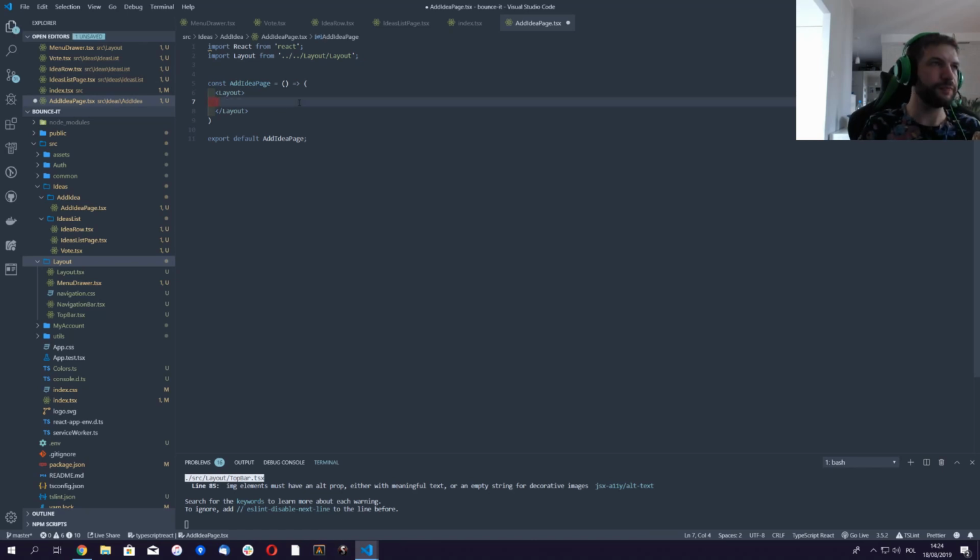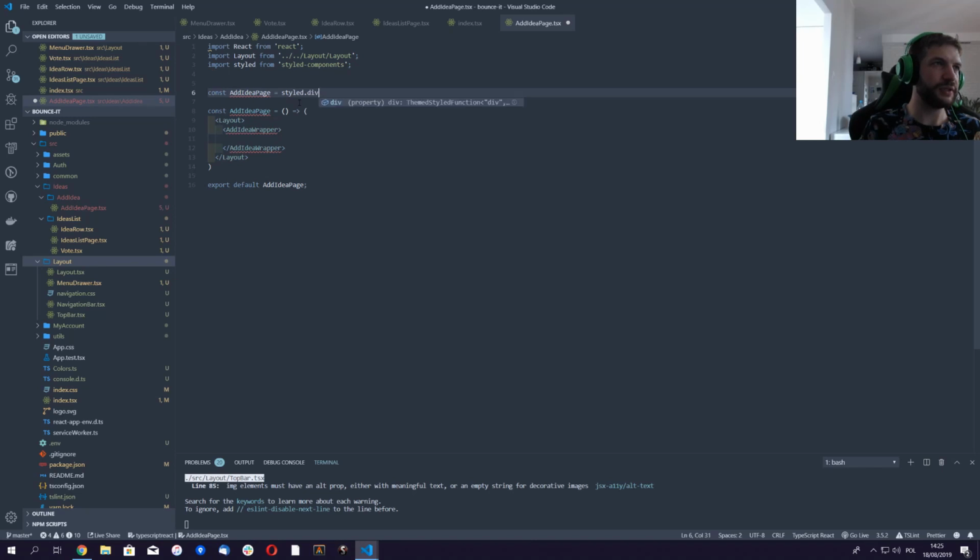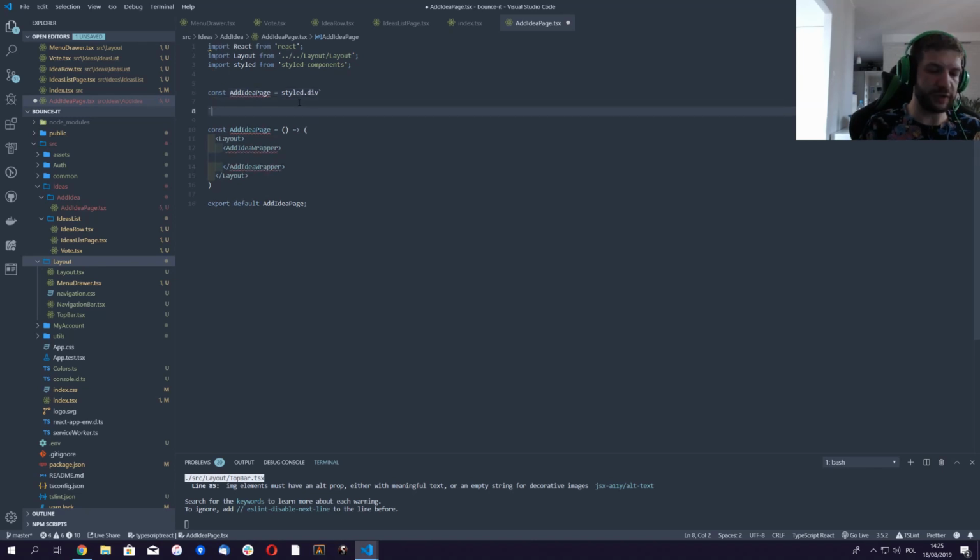Okay, so let's call it add idea wrapper. Oh, we'll need styled, of course. So add idea wrapper is gonna be styled. Yep, auto import, please. Just a div with margin, and this is gonna be